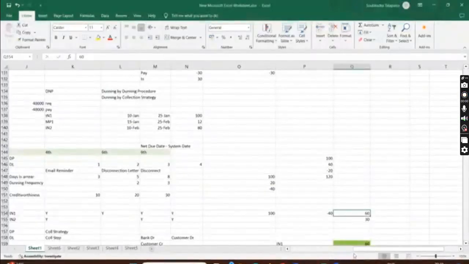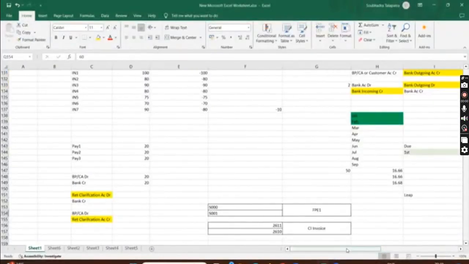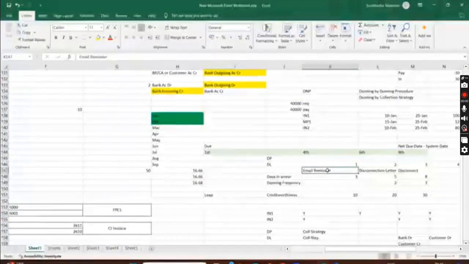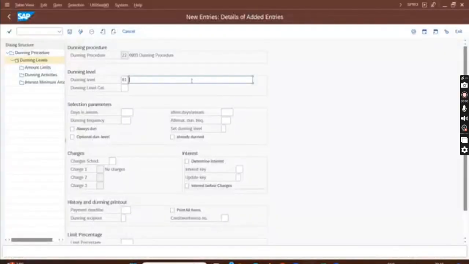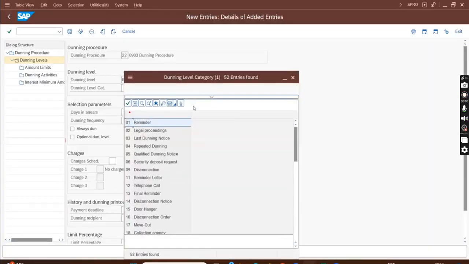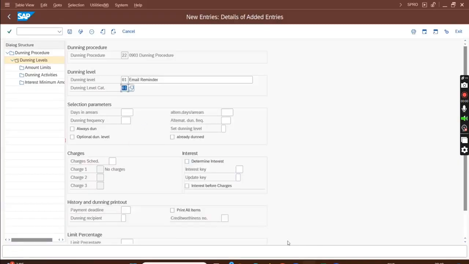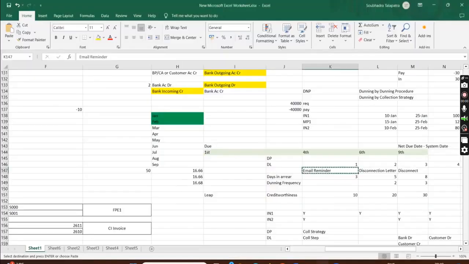Level description was email reminder. Again, Dunning level category, similar to Dunning procedure category. It is useless, you may or may not assign it. Even if you don't assign, that's fine. So for the reminder, just assigning. Now here we agreed that days in arrears is 3 days,